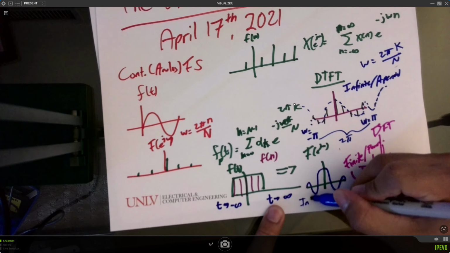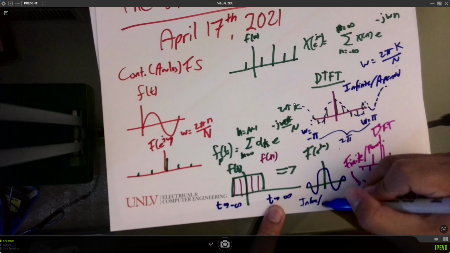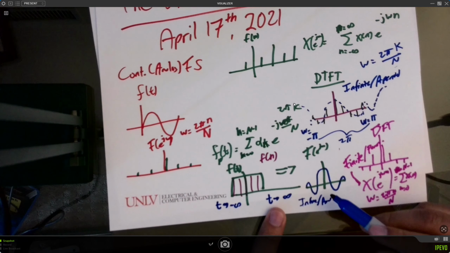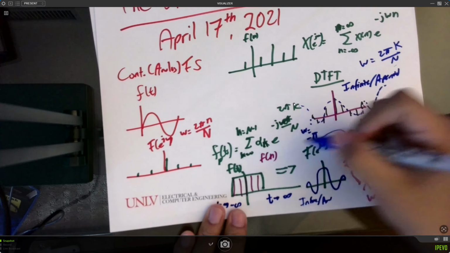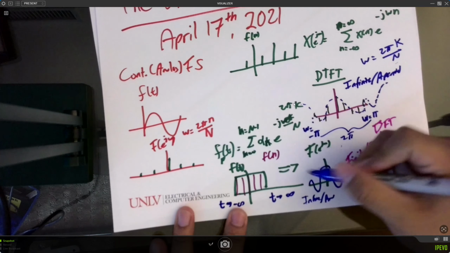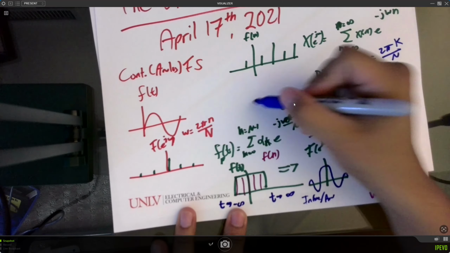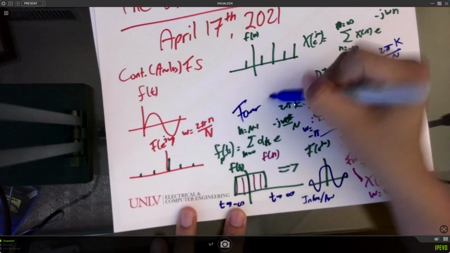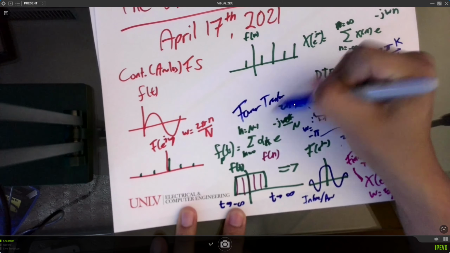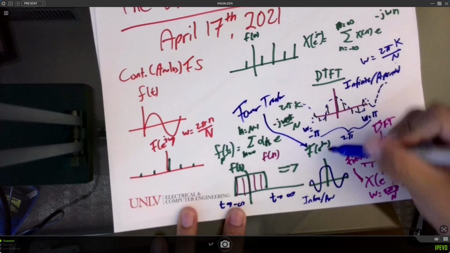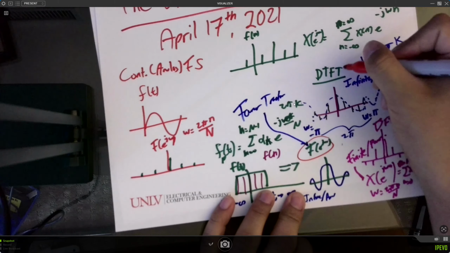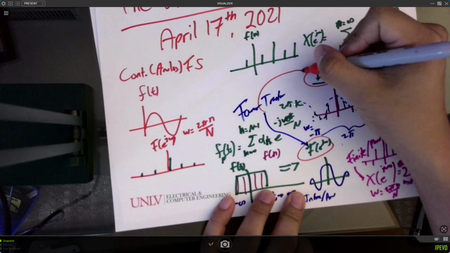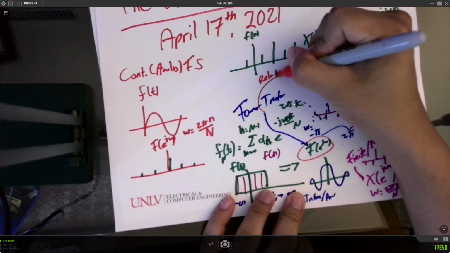This is also infinite, and it's also aperiodic. Oh, this paper is getting messy. Fourier transform is this right here. So let me circle this. This right here and this right here are all related,